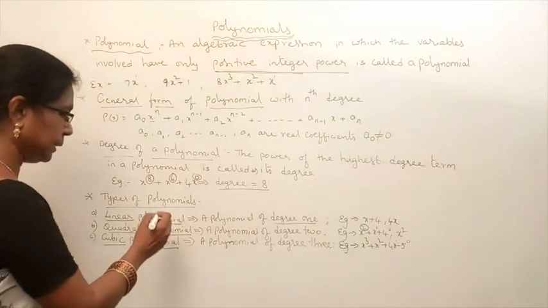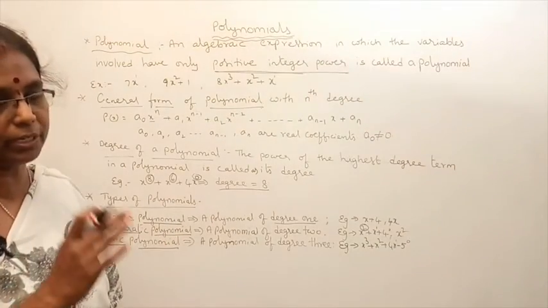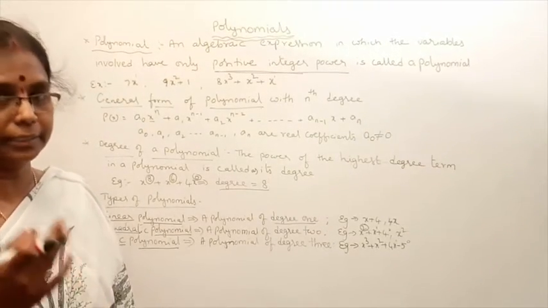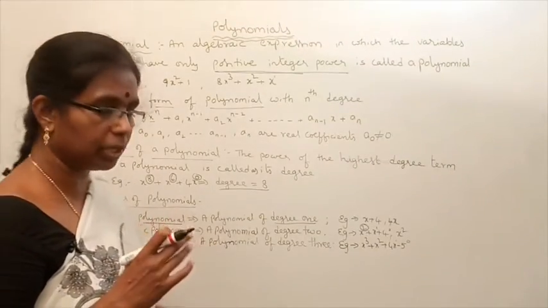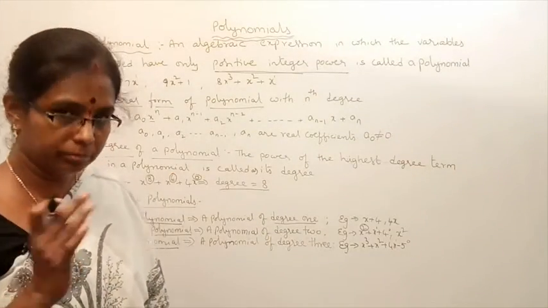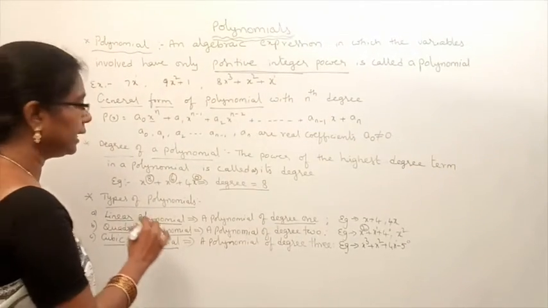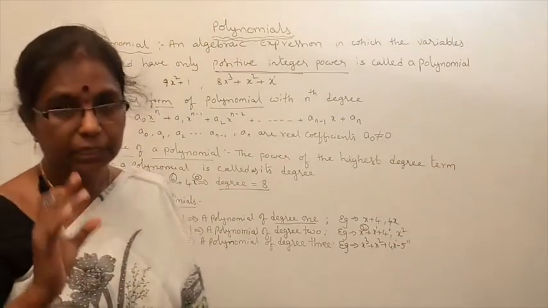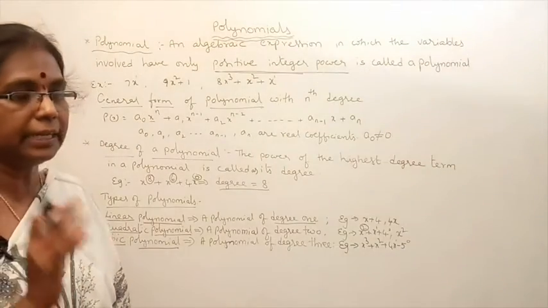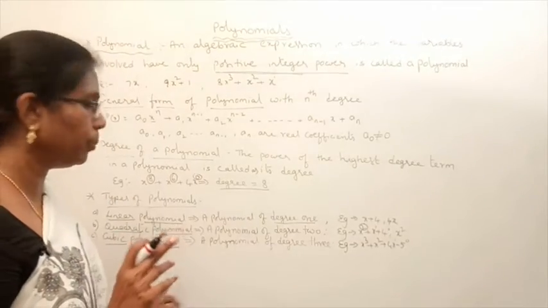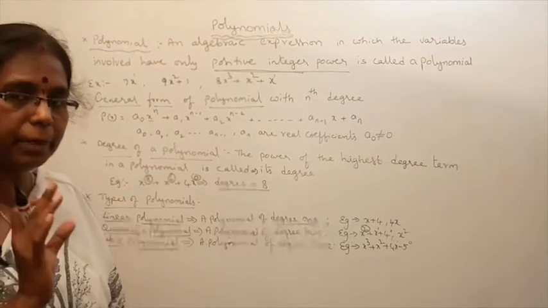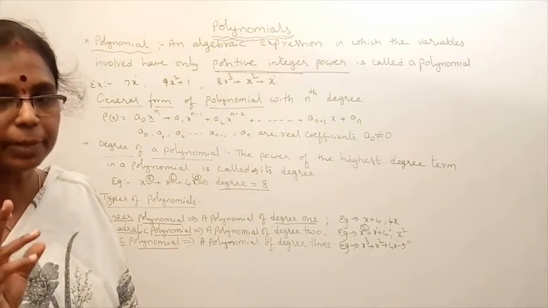Linear polynomial means it may have one or two terms. That is a monomial, which we can also call linear. Then a binomial, which we can also call a linear polynomial. Then a quadratic polynomial has at most 3 terms, minimum 1 term, and its degree must be 2. Then a cubic polynomial has at most 4 terms, but minimum 1 term, and its degree must be 3.